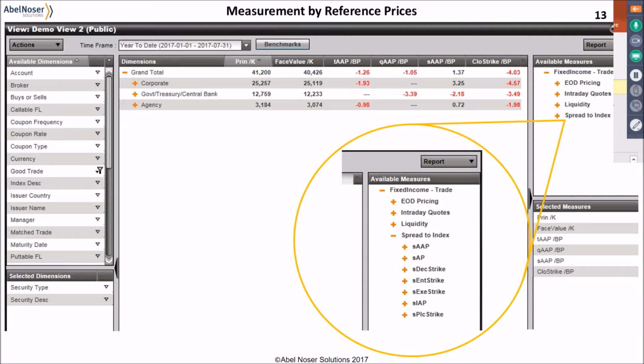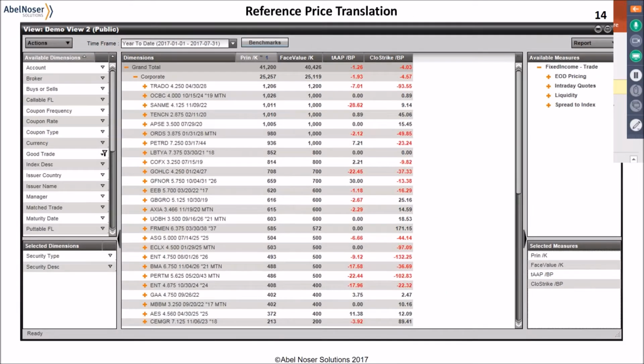We also recognize that there's no single fixed income market. Each sector of the bond universe has its own methods and means of communicating prices and agreements to trade. So we must be able to speak to those constituencies, and the product had better speak to them in a language that they recognize as their own. For traders who trade on price, we have to show prices. For traders who trade on rate or on spread, it's essential for us to show the trades in that frame of reference. Mm-hmm, I see.